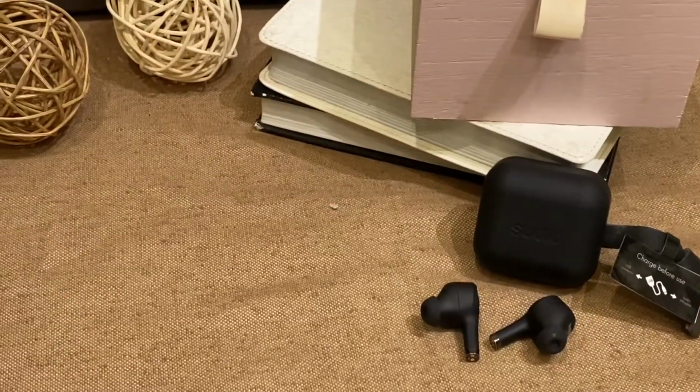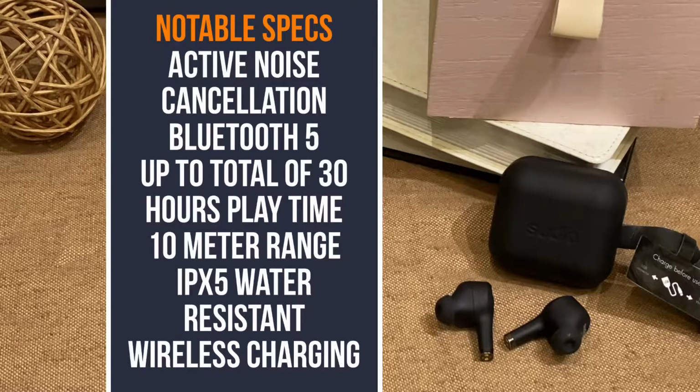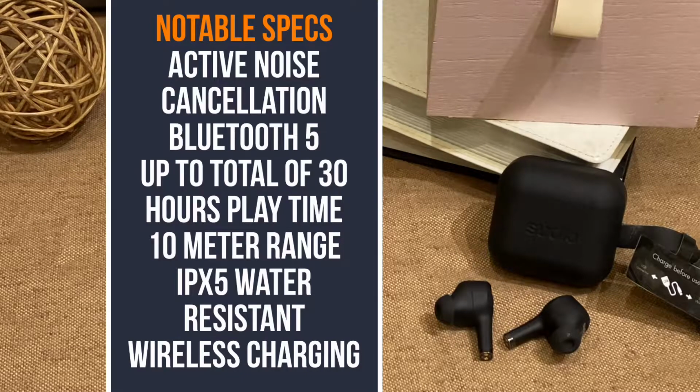Sudio ETT is a pair of true wireless earphones. To start off, ito ang mga notable specs ng Sudio ETT earphones. Active noise cancellation, Bluetooth 5, up to 30 hours playtime, 10-meter range, IPX5 water resistant, and this is priced at